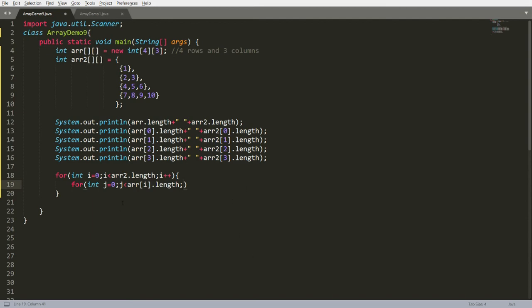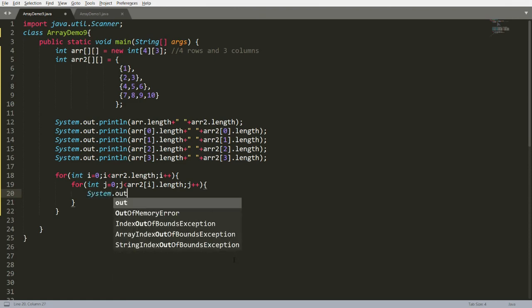It means arr2 is my second array, arr2 of i means arr2 of 0 dot length. So it will run one time the first time, the second time two times, the third time three times, the fourth time four times. So this j loop will run differently every time, because the length of columns in the second array is different every time.